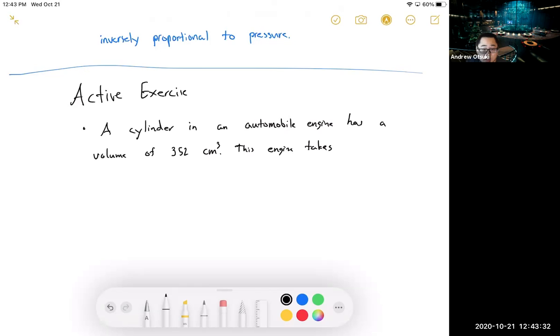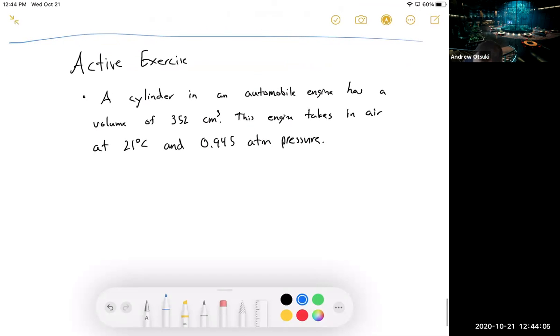So we have a cylinder in an automobile. The engine has a volume of 352 centimeters cubed. So remember, that's a volume unit. This engine takes in air at 21 degrees Celsius and 0.945 atmosphere. Sorry, not atmosphere, ATM pressure. Well, it is atmosphere, but sorry about that. So what I want you to do is here,